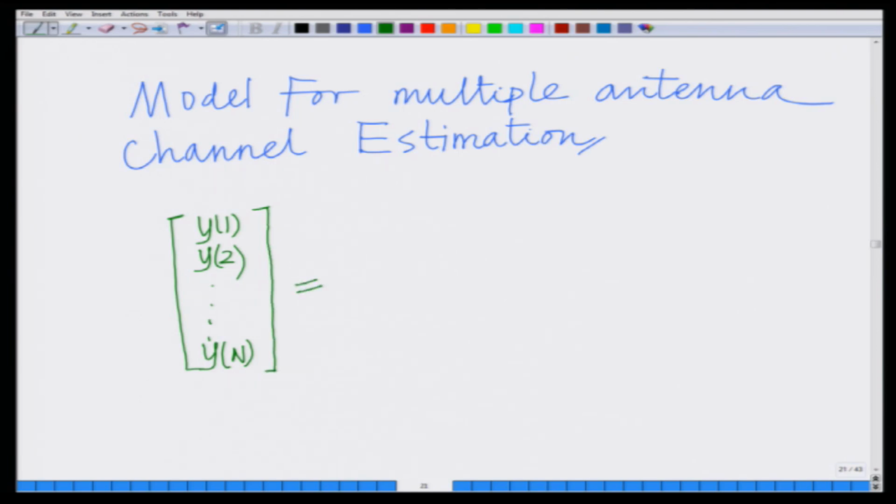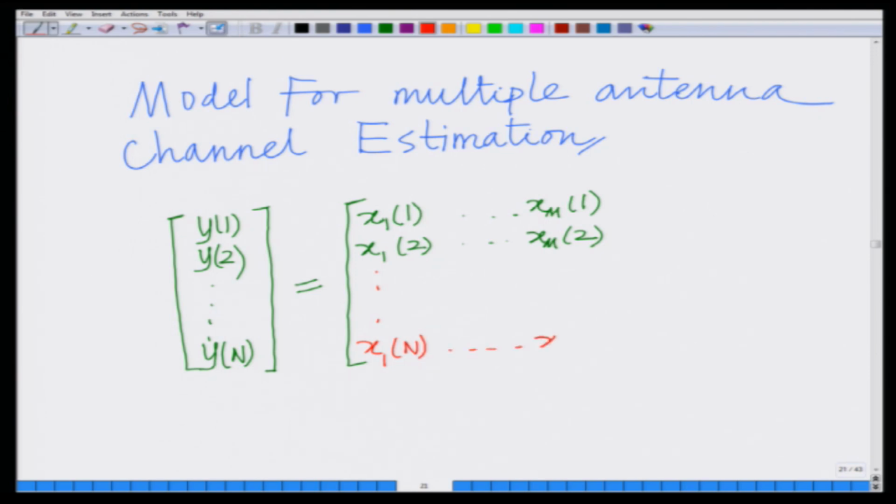Remember, these are the observations, that is equal to your pilot matrix, which has entries of the form x11 up to xm1, x12 up to xm2. These are the pilot symbols transmitted at the second time instant, and x1n to xmn, this is your pilot matrix,